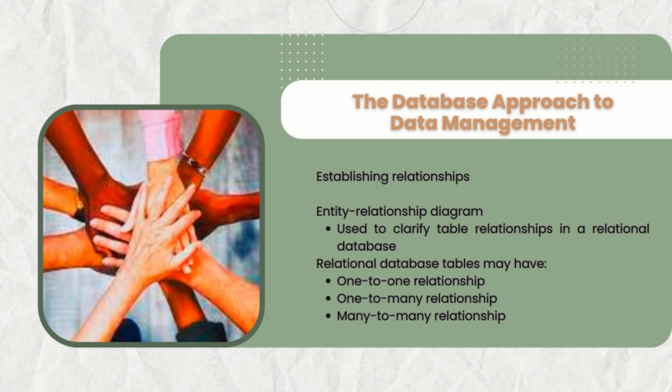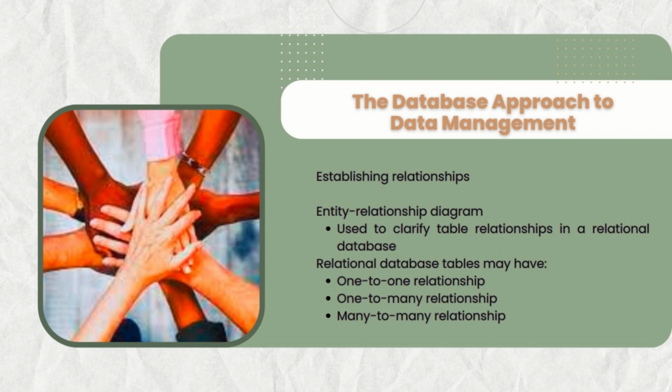In a one-to-one relationship, each record in Table A is associated with exactly one record in Table B, and vice versa. This type of relationship is less common but may be used when two entities have a unique and direct correspondence. For example, a person table might have a one-to-one relationship with a driver license table, where each person has